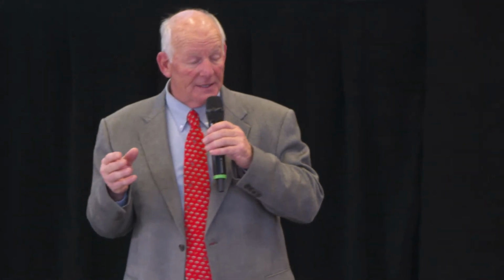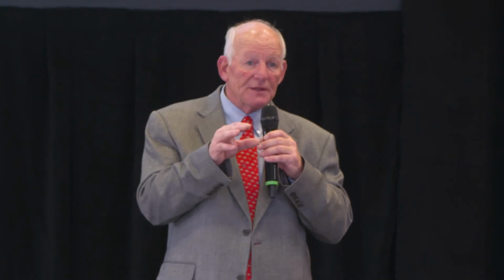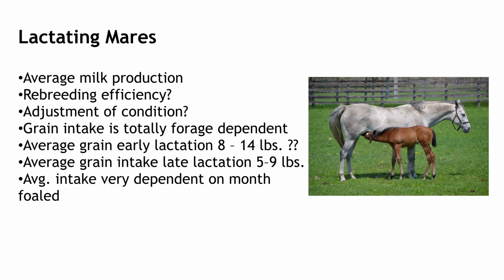So the difference is that these mares that foal late in April or May, not many June foals in our country anyway, have access to a lot of pasture, and you can treat them nutritionally in a different manner than you will the January, February mares where the pasture is non-existent. So there's a lot of variation, totally dependent on the forage situation on a farm. The average intake in central Kentucky is somewhere between 8 and 14 pounds of feed per day for lactating mares,